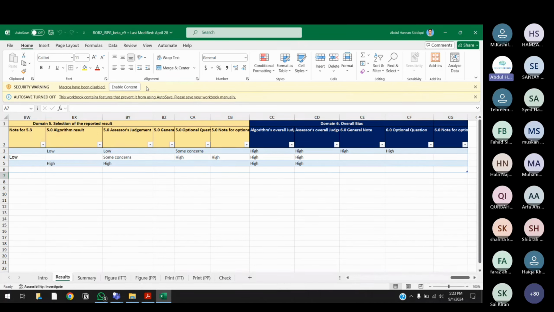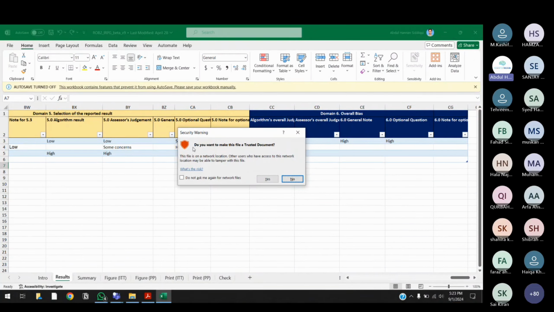I have only gotten 4 yes. So out of 99 participants, only 4 people are understanding. Perfect. So you have to enable content. Now I'm going to click on enable content. सही है? When I clicked on enable content, another security warning showed up. I need to allow. ठीक है? I need to make this a trusted document.